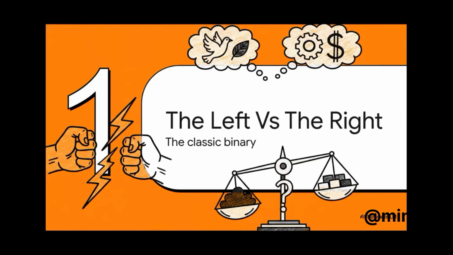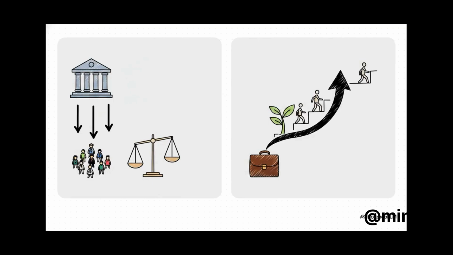Section 1, the left versus the right, understanding the classic binary. Before we completely pull the spectrum apart, let's just look at how this highly polarized binary defines a couple of the most critical hot-button issues today, purely objectively. On the economy, the liberal view generally emphasizes that government action is needed to achieve equal opportunity. That means regulating the economy, protecting citizens from big business, and raising taxes on the wealthy to fund public interest